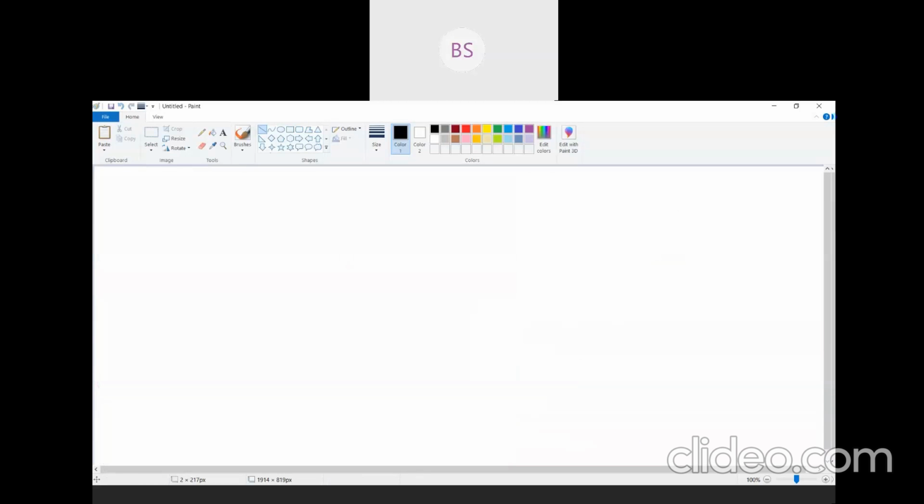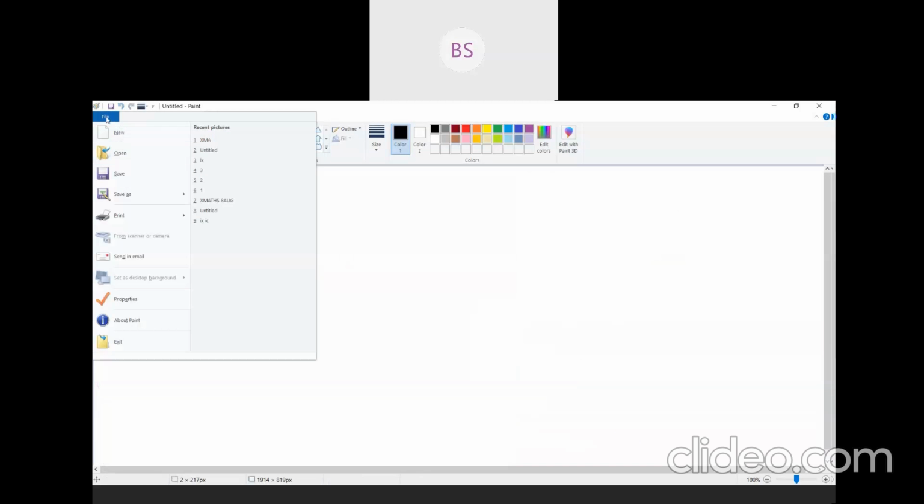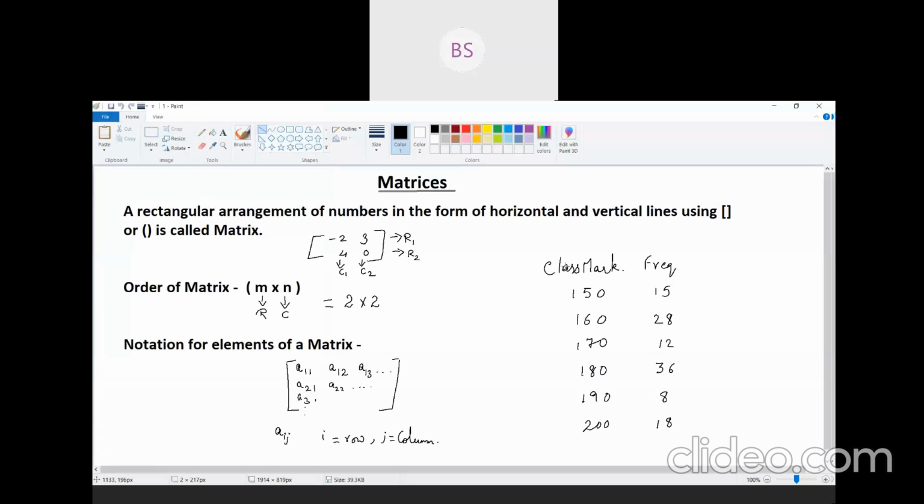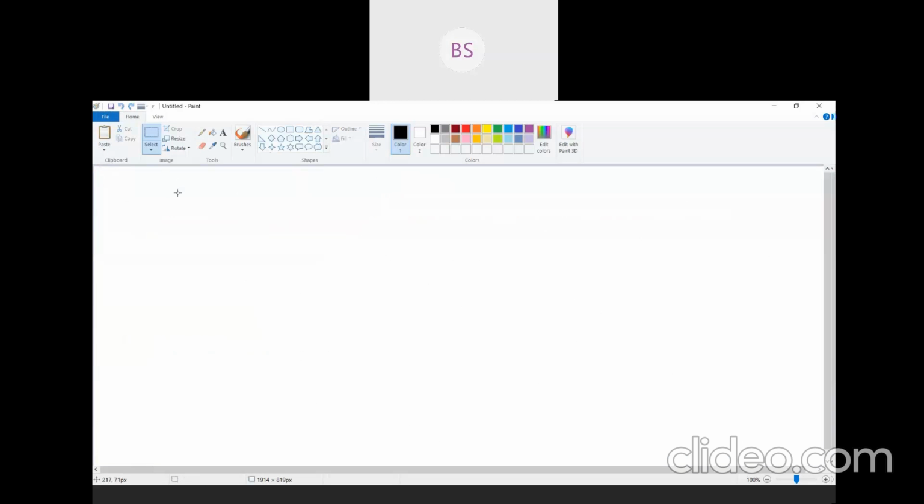So whenever we have class mark, first we have to find out the class intervals. So before drawing the histogram here,